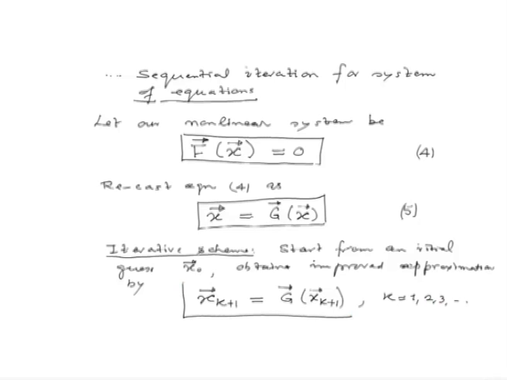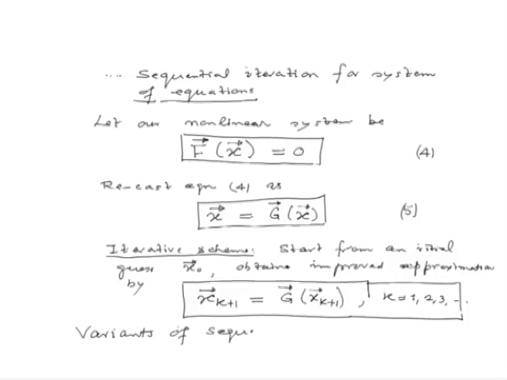So, this is a simple iterative scheme. There are a few variants for a system of equations. So, variants of sequential iteration. What we can do is, instead of writing our system of equations as x is equal to g of x, let us recast it as